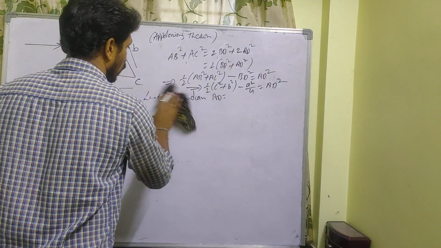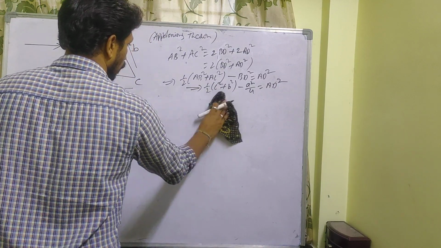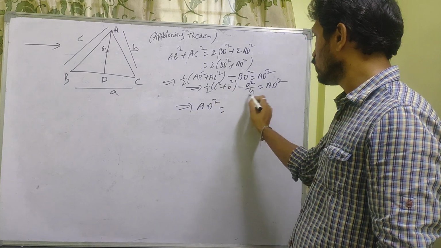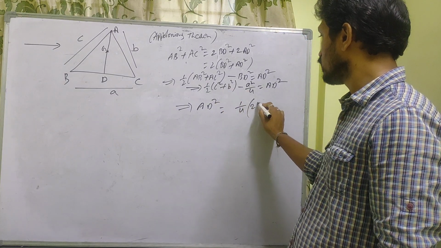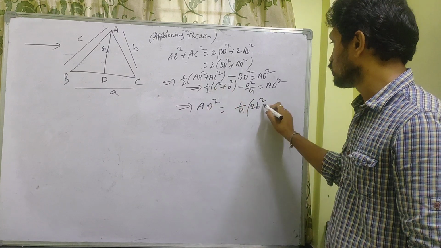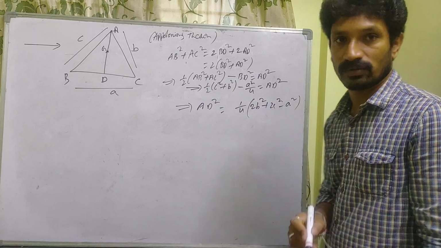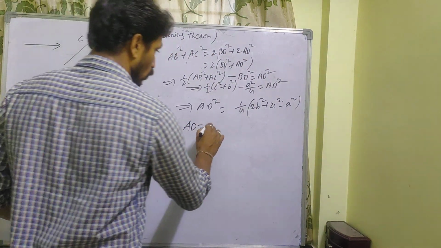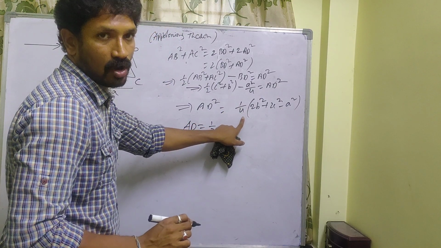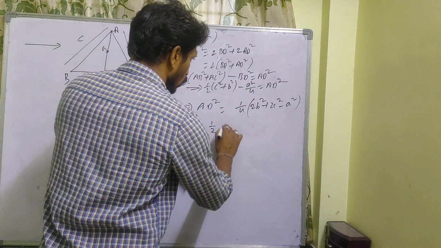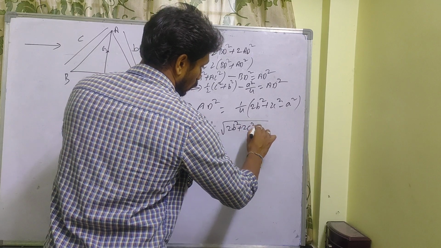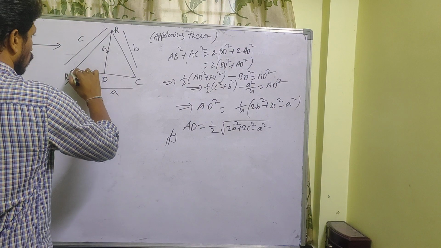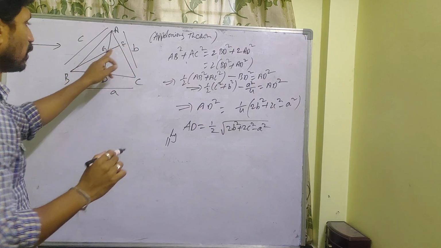Okay, so I will simplify here the AD length. First I am writing AD square. AD square is equal to, what can you take here? Take 1 by 4 LCM. This is written in order: 2b square plus 2c square minus a square. So if you want to find out the length of the median, AD is equal to 1 by 2 root over 1 by 4 means root 1 by 4 means 1 by 2 into root over 2b square plus 2c square minus a square. Similarly, if you want to find out BE, the length of the median BE.